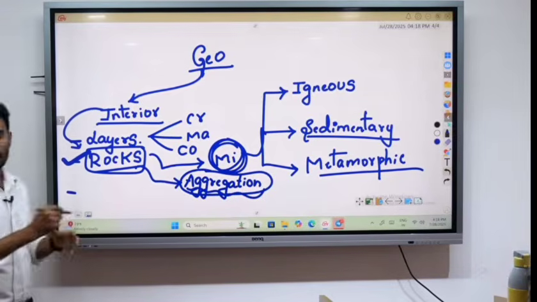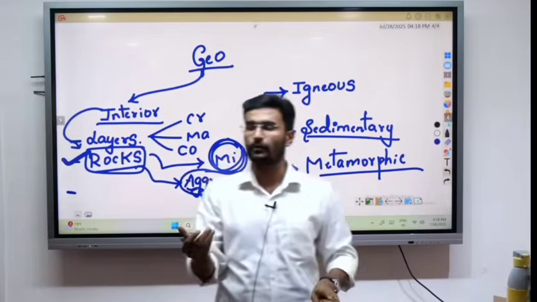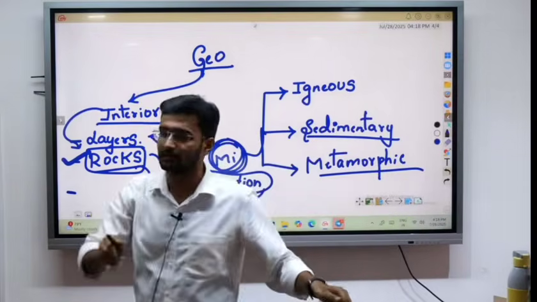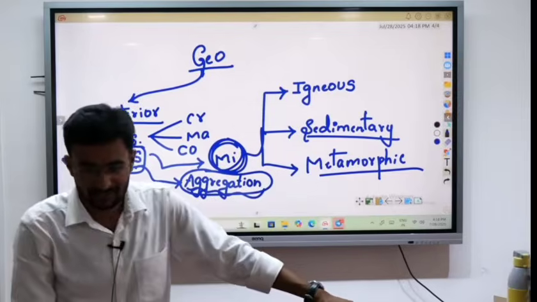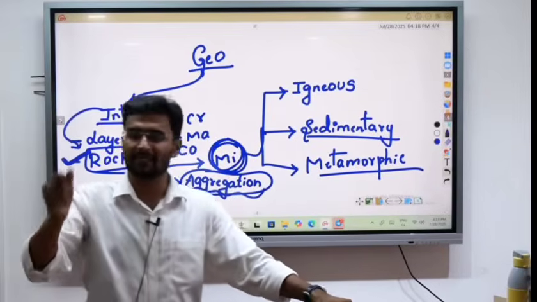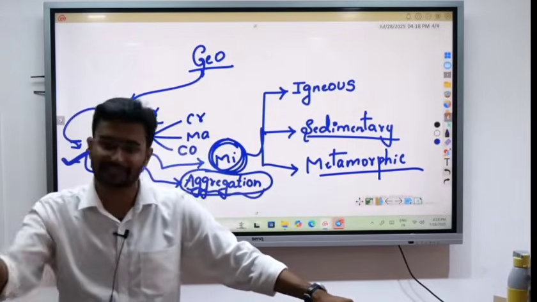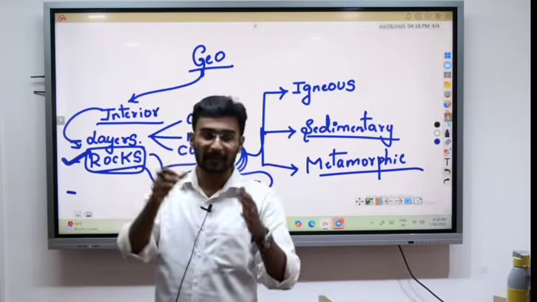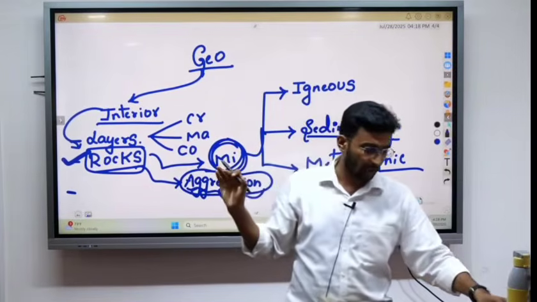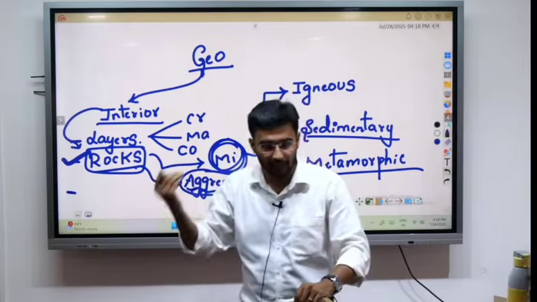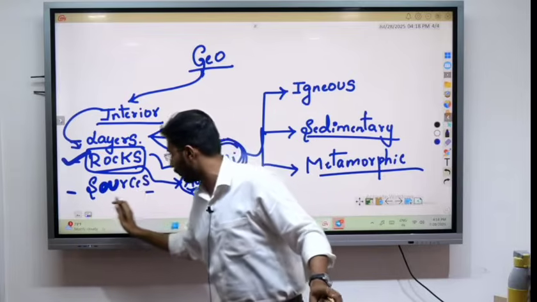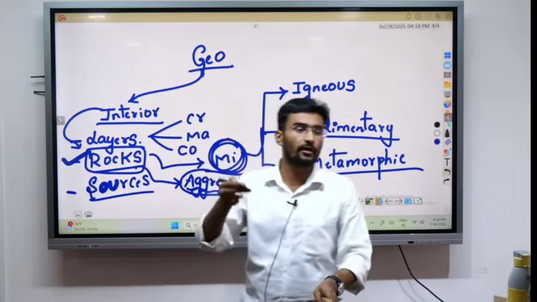Along with these things, we will be discussing the different sources of the interior of the earth. Now can we reach the interior part of the earth? Can we go below the earth? We can go, but the maximum is maybe 5 or 6 kilometers. After that the temperature as well as density is so intense that humans cannot enter. Yes or no? Under this we'll also be studying the sources of the interior of the earth.